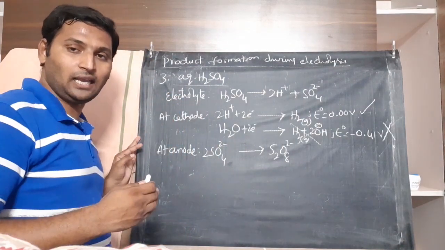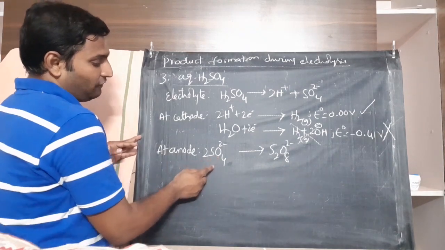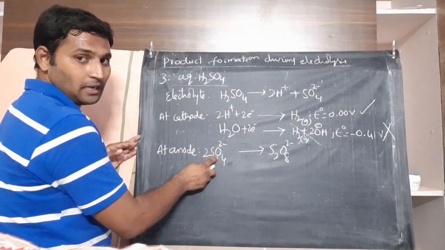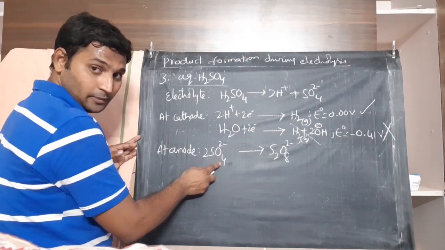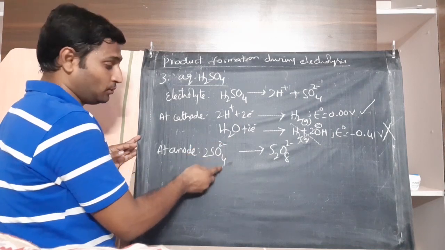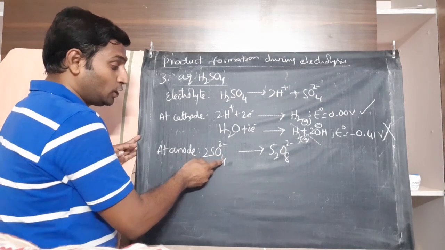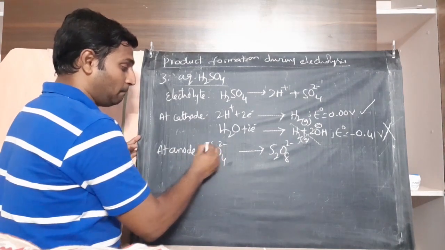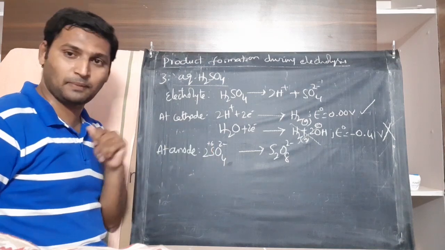Now let us check the electrons involved in oxidation. See here. In sulfate, oxidation state of oxygen in its combined state is minus 2. Minus 2 into 4 is minus 8. And in the charge you have 2 minus, so that will be plus 2. Minus 8 plus 2 will be minus 6. To neutralize, sulfur should have plus 6. So oxidation state of sulfur in sulfate ion is plus 6.